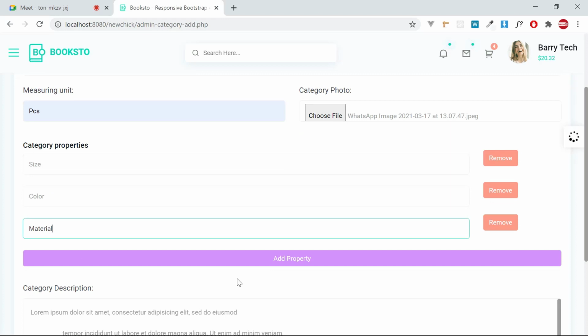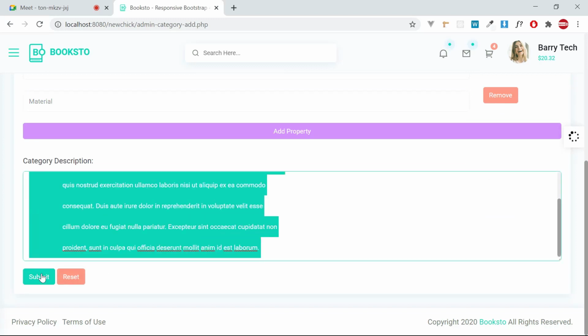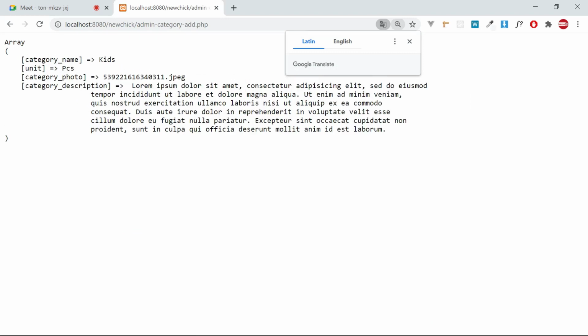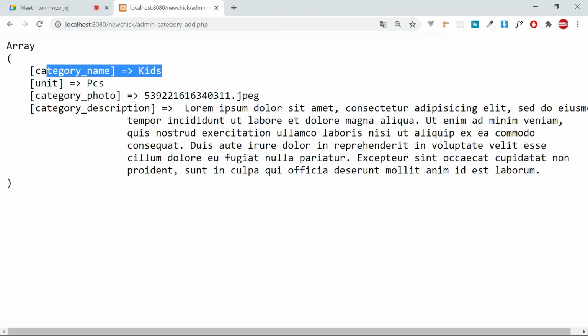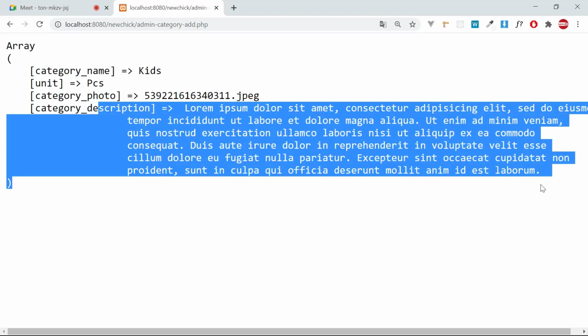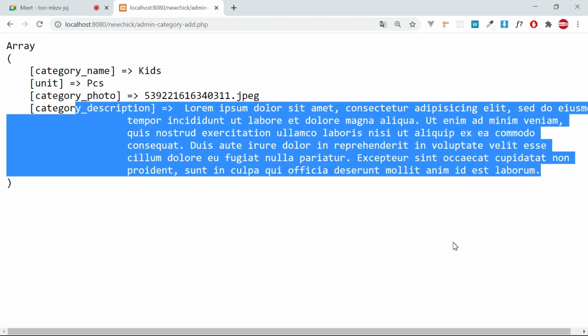So you can put any other category, and remember how we did this logic. Then you put the description, and after putting the description you click on submit, and when you click on submit, we are able to get the category up to this point. We get the category name, the category unit, the category photo, and also the category description. So what is remaining right now is to add this category, and after adding it, we get its ID,